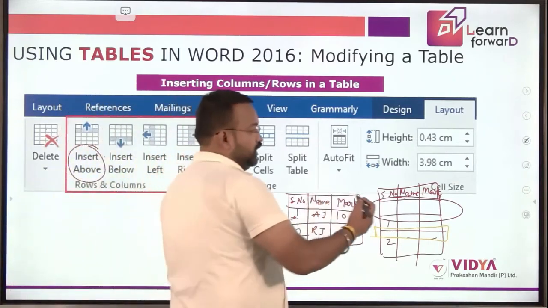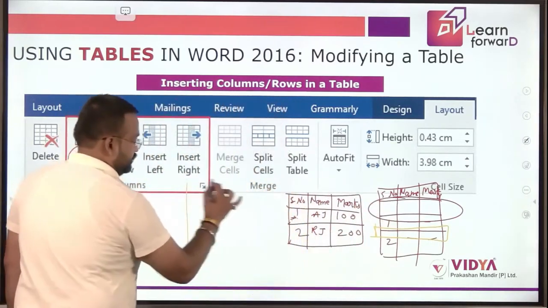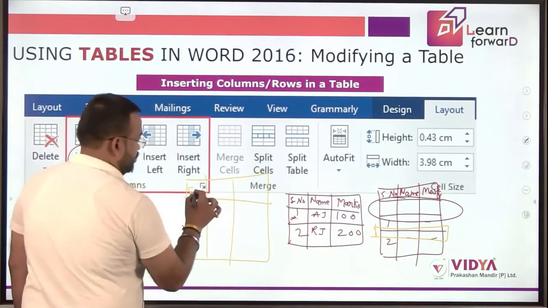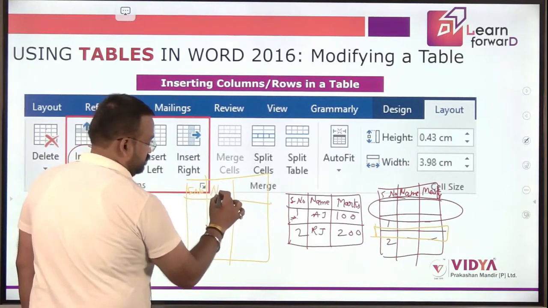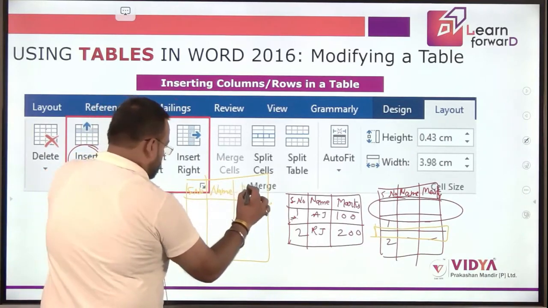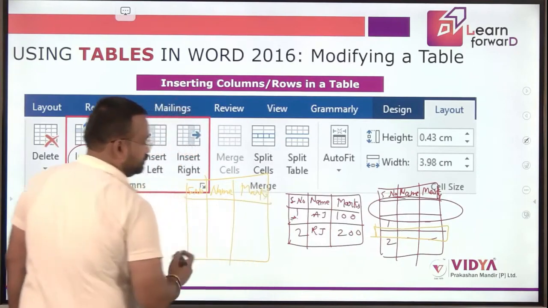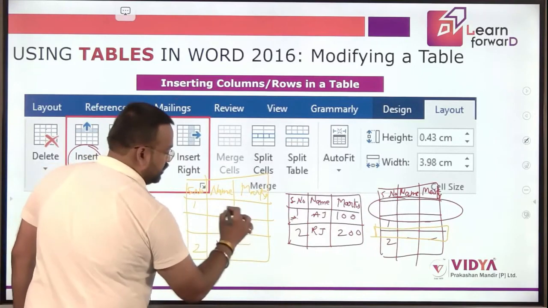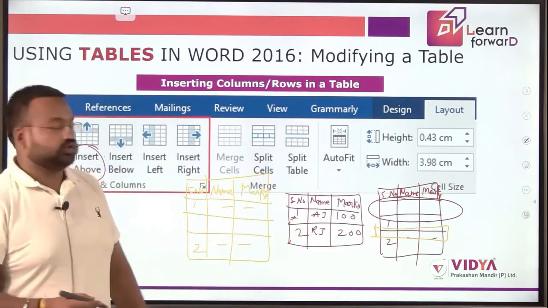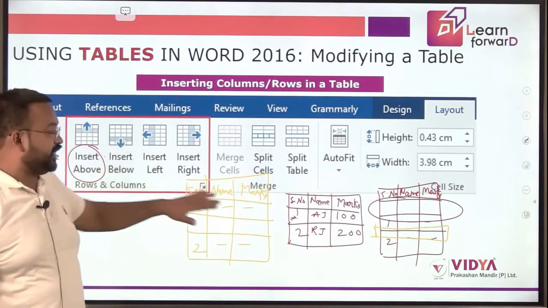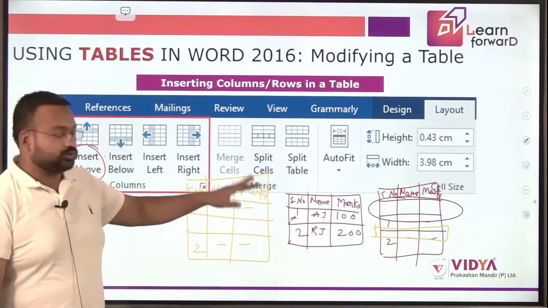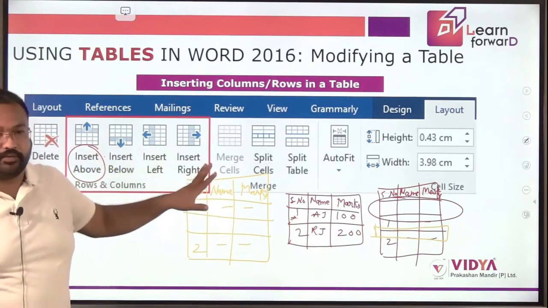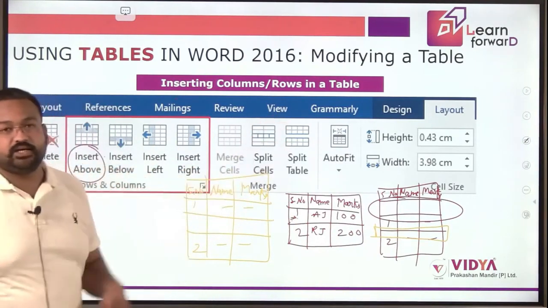So the table would look like, sorry, here would be the first entry, then there would be a blank row, and then there would be the second entry. So if I select the below option, that means wherever my cursor is in the table, the row would be inserted below that particular row, and if I select the insert above option, in that case the row would be inserted above.